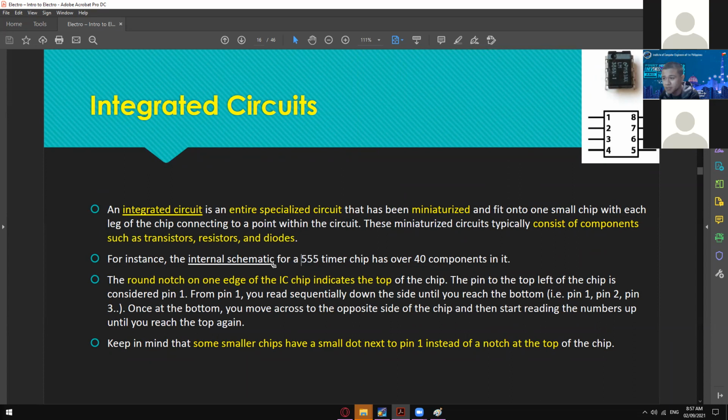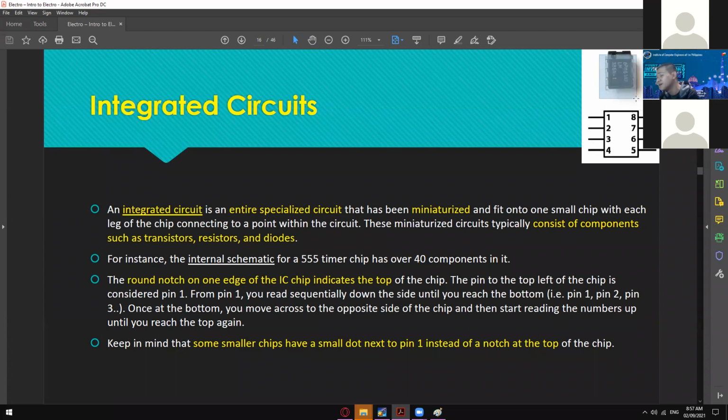Okay, so the internal schematic of this one has over 40 components in it. If you take a look at this one, it looks like it can only store up to 10 components, even though it's very compact, but it says here that it has 40 components in it. So yeah, that's it for the 555 timer, even though I think this is not a